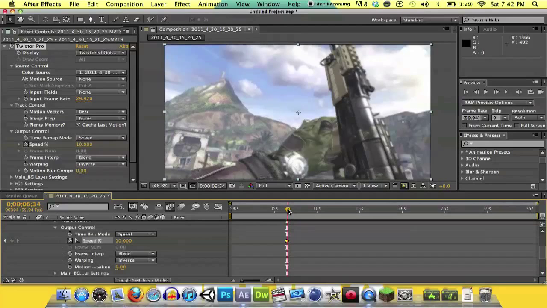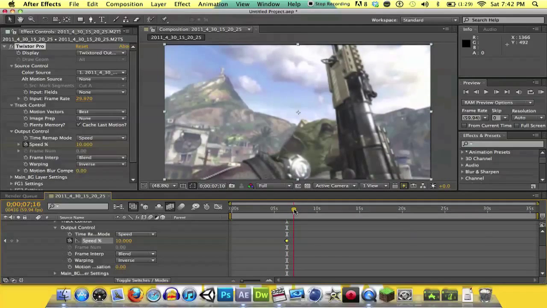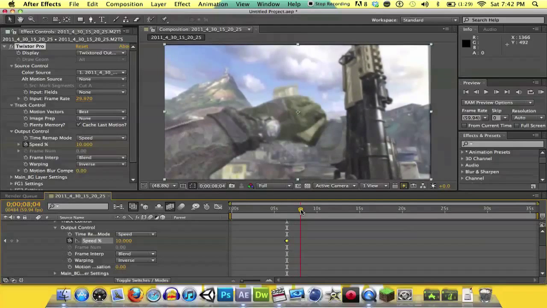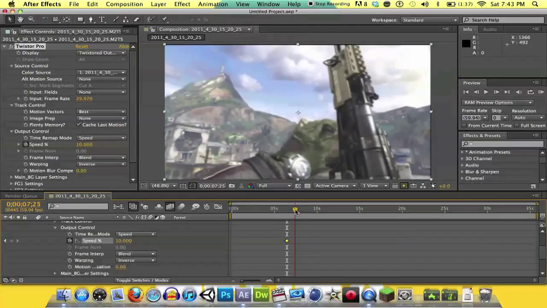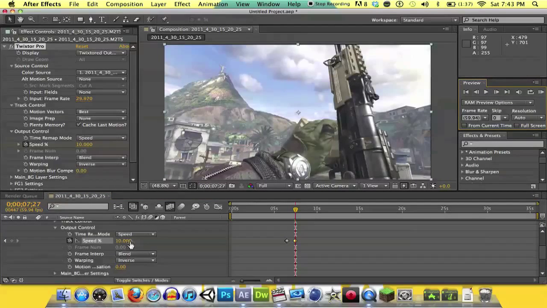So now we want to go to where we want to stop the Twixtor. It's gonna go really slow right here, and we want to stop it right here. And then we want to make another keyframe, because basically Twixtor is just keyframes of speed. So we're just telling Twixtor or After Effects that we have